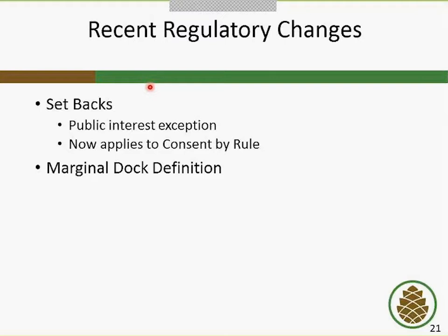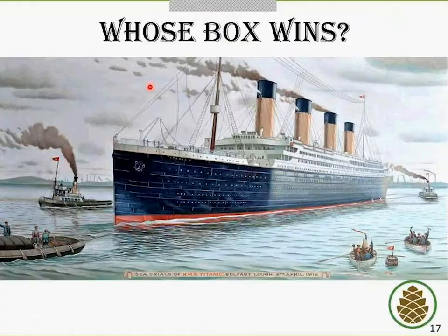The other area applying to setbacks that has changed, and I'll give you an example of what would not be allowed now under the new rule. The consent by rule provision, 18-21.005, I think, (2)(b). It used to be that if you had an exempt dock, you did not have to meet the setback requirement. And so, for instance,